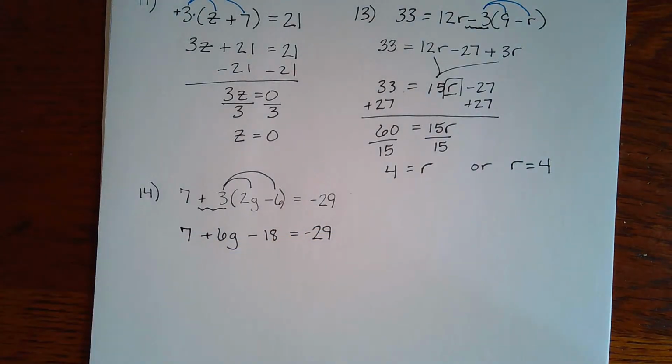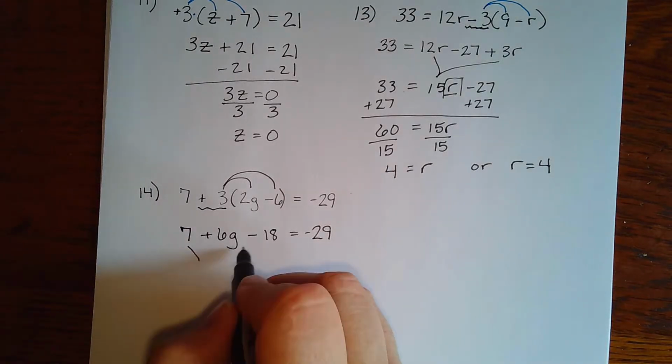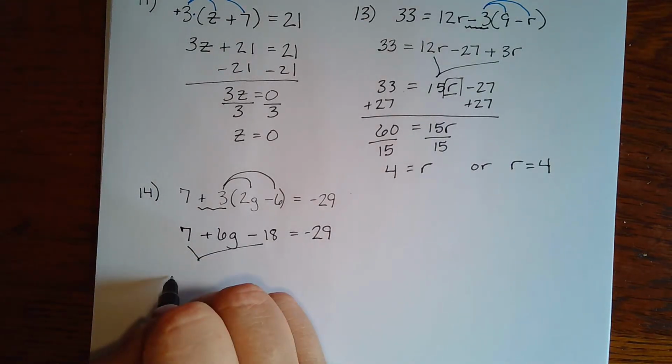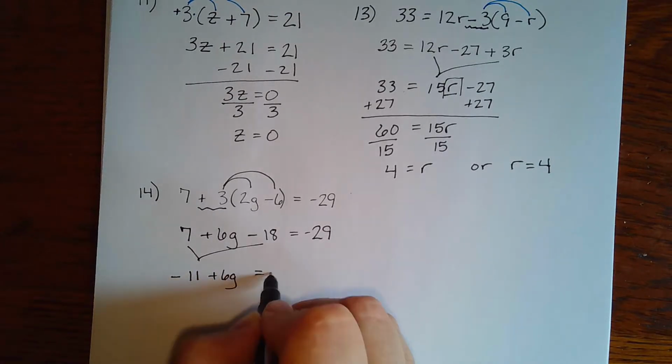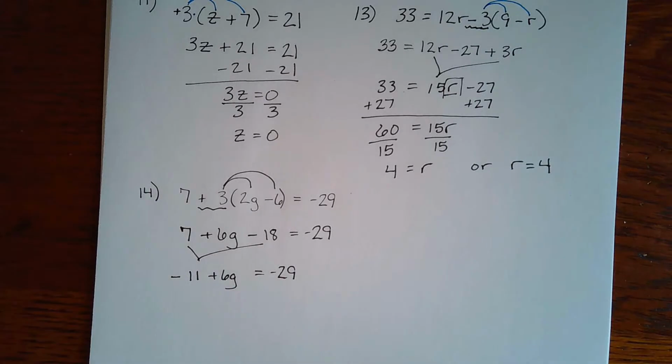Now that we have the distributive property done, let's do some combining like terms. So I'm going to combine these two. So this right here is going to give me negative 11 plus 6g. Now that we have the two new coefficients put together, let's get the negative 11 and